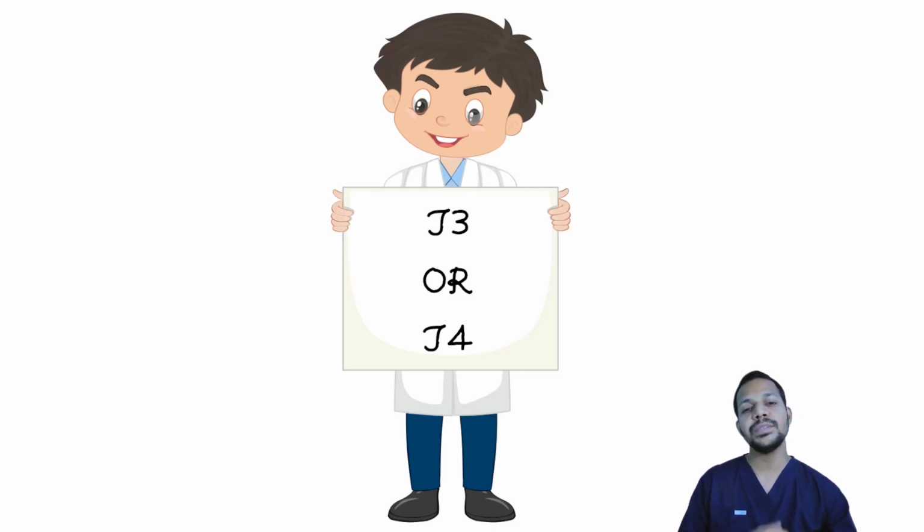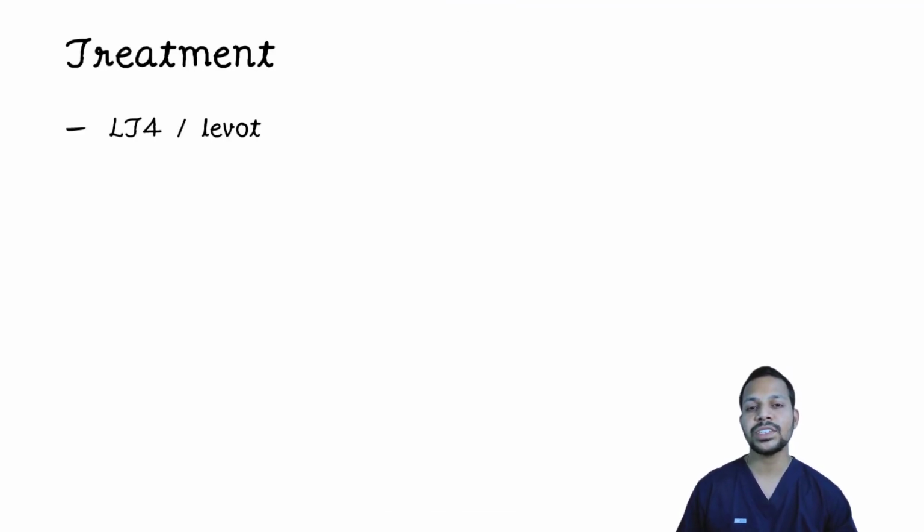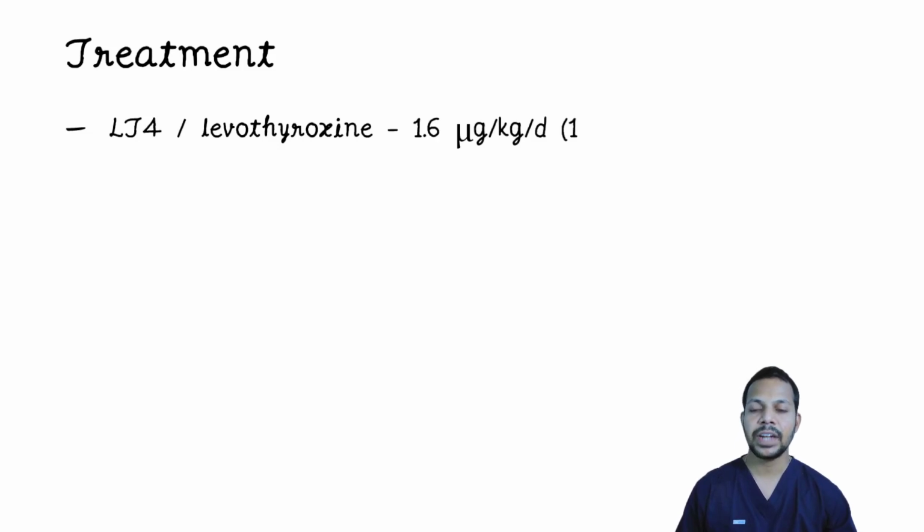Okay, so it is feasible to give T4 since T4 is an oral form as well, whereas T3 is an intravenous form. So when we give T4, whenever it is required, it gets converted to the active form, that is T3, in the body, and gets utilized. So how do we treat? The T4 is given at a dose of 1.6 microgram per kg per day, and it accounts for about 100 to 150 micrograms per day.